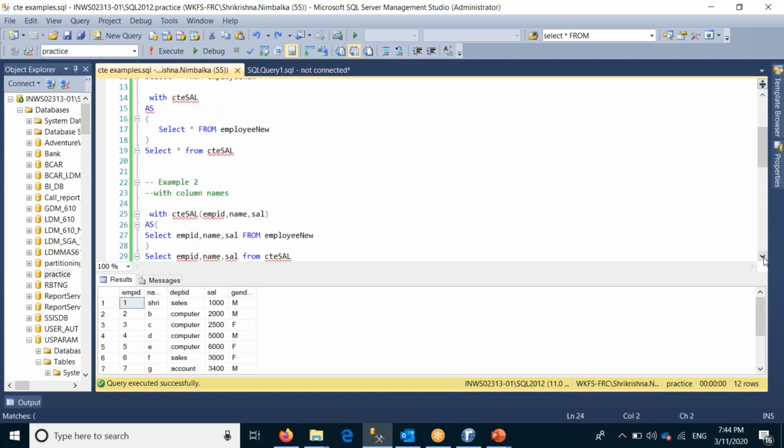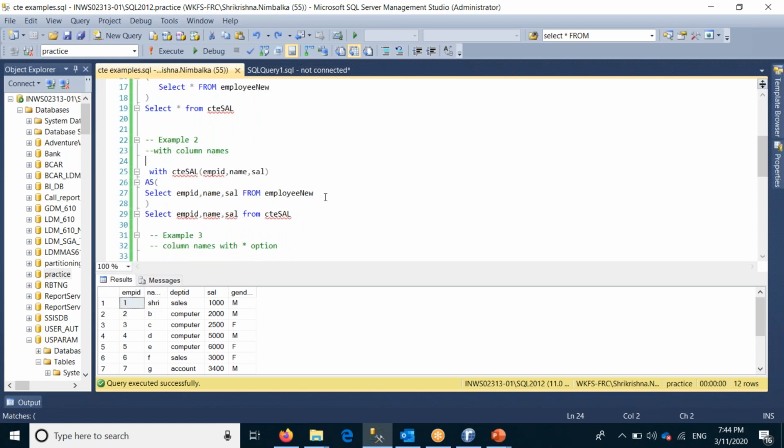I will move to another example, the CTE with column names. Suppose you want to select specific columns from the table, then you can mention those columns after the CTE name. So these are the three columns I want to select from that table. So I mention those columns, and the same columns I selected from that table.